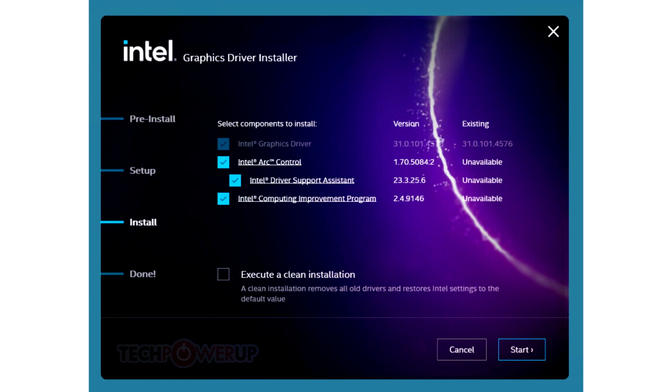PSA, Intel graphics drivers now collect telemetry by default. The latest version of Intel Arc GPU graphics software introduced an interesting change that isn't reflected in the release notes. The installer of the 101.4578 beta drivers add a Compute Improvement Program, CIP, component as part of the typical setup option that is enabled